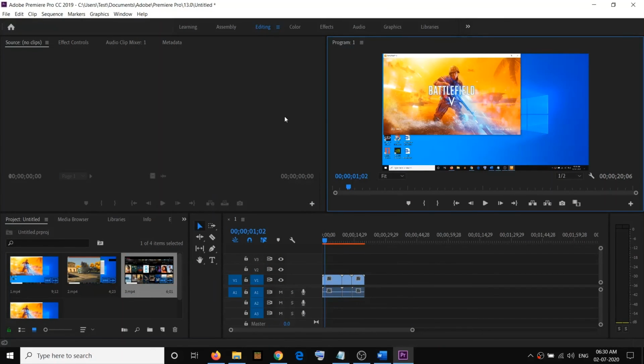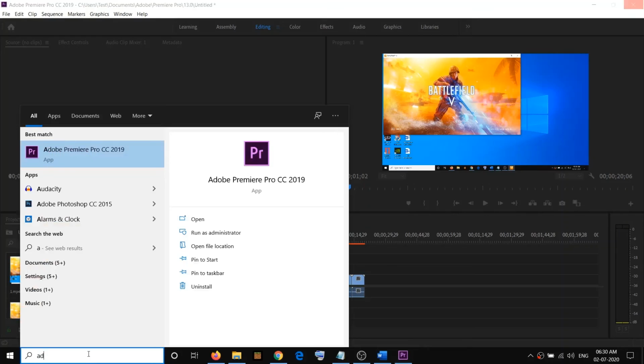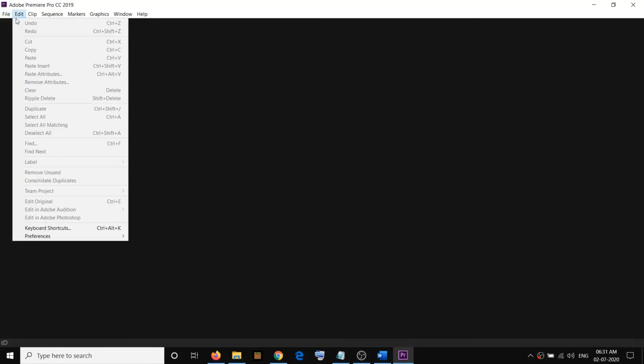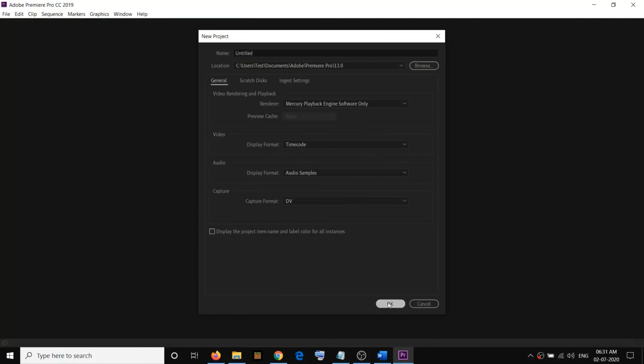Similarly, if you want to add audio files, then you close this window and open Adobe Premiere once again. The process will remain the same even for audio files. Just go to Adobe Premiere Pro, then click on File, then click on New, select Project, select the location where you want to save the file, then